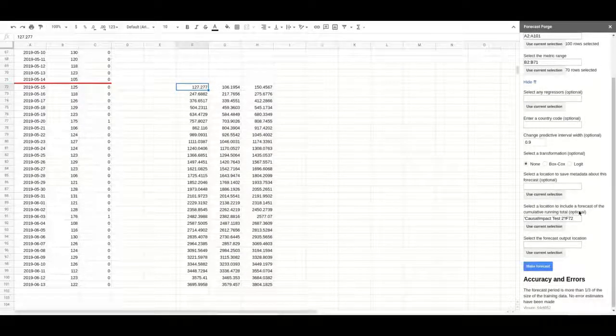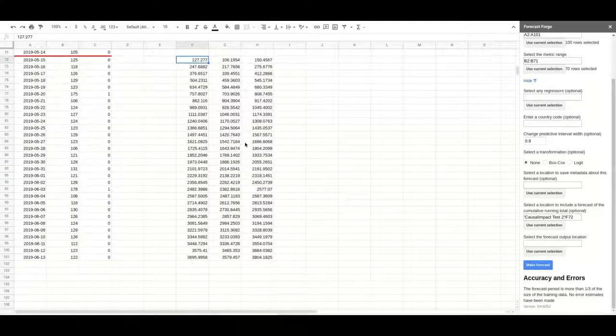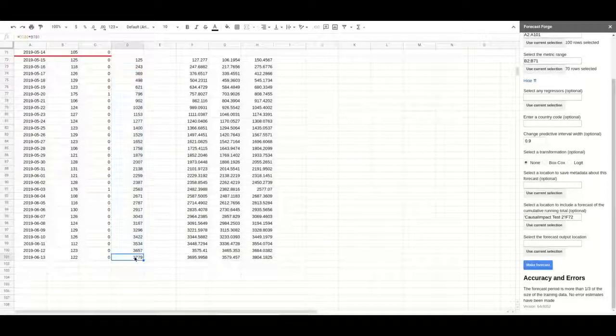Okay, here we go. We haven't got our accuracy and errors because we don't have enough historical data here, but it's adequate for this. So we need to compare. This is the cumulative total that we'd expect to see by day 30 of the test. So let's compare this with our actual. Just calculating the running total here. So we've got 3779, which is between our lower bound and our upper bound,